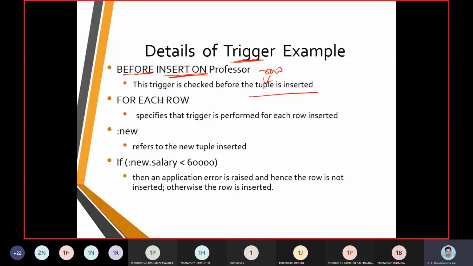So the old salary prints as 1500, the new salary prints as 2000, and the salary difference is 500 rupees. That is where triggers have a key role in DBMS. So that is all regarding the triggers aspect here.